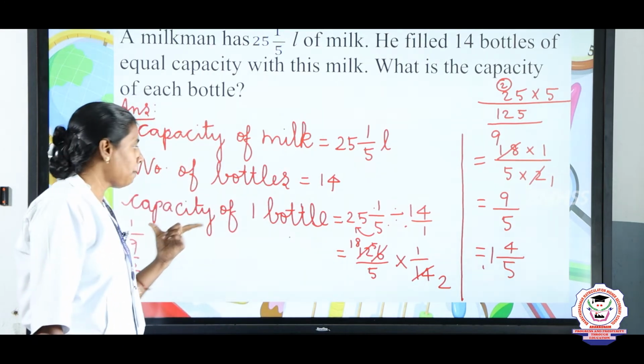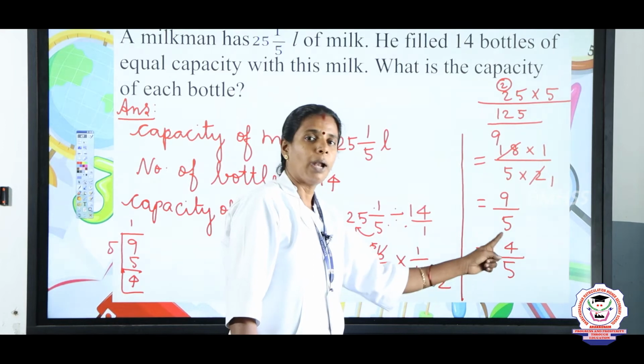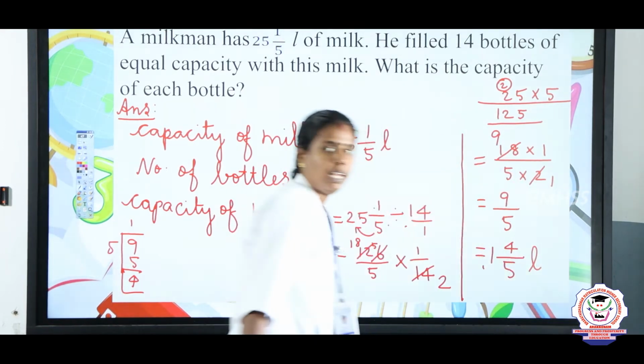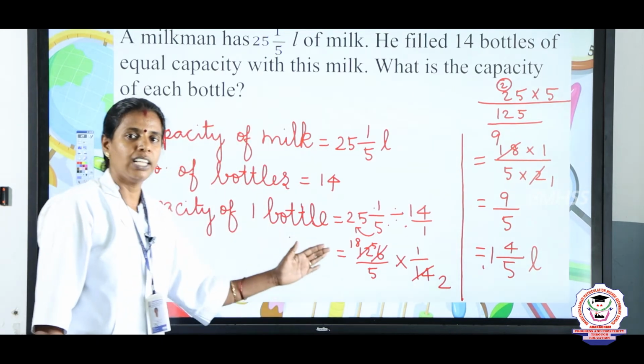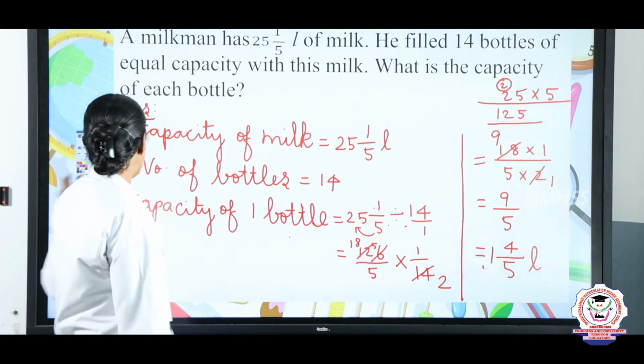So we find the capacity of one bottle. The capacity of each bottle is 1 4/5 liter of milk. Is it clear how to find the answer for the capacity of each bottle? Okay. The next problem is,